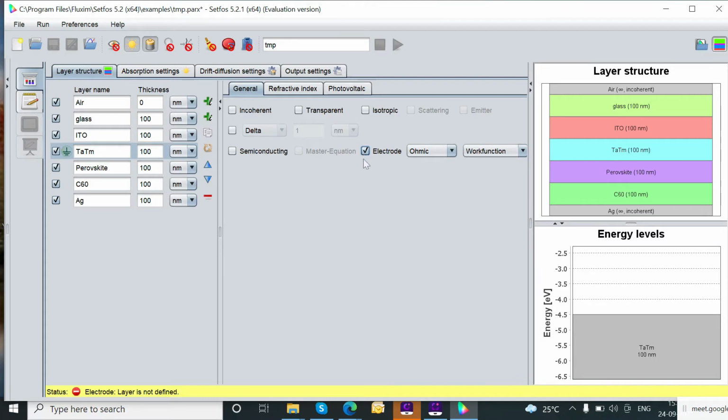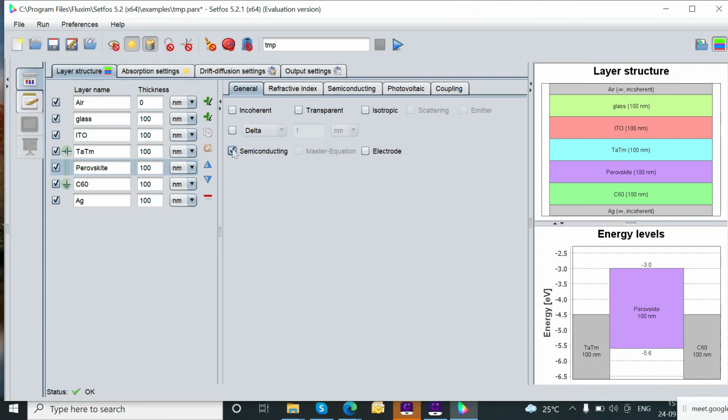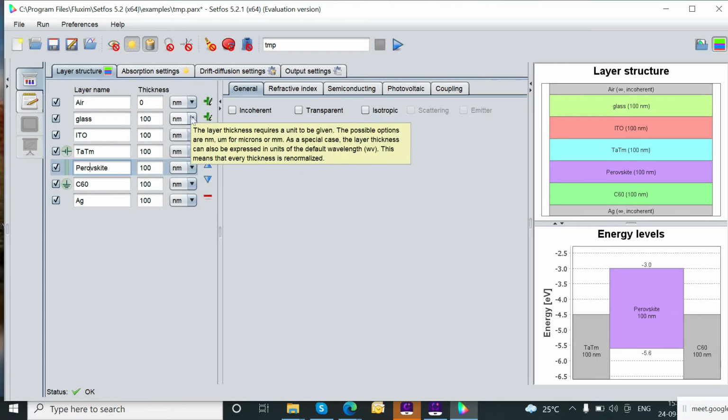So we would like to add the modules. As in the presentation I told you, the absorption module is there, where you can define the sun spectrums. If you want to calculate the optical property, then you can activate this absorption module. And the second one is drift diffusion module. Two modules are required for solar cell. And for LED devices, suppose you want to simulate the LED, then this emission module is required.